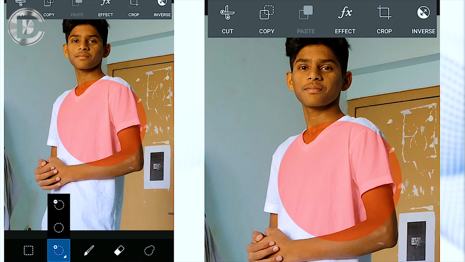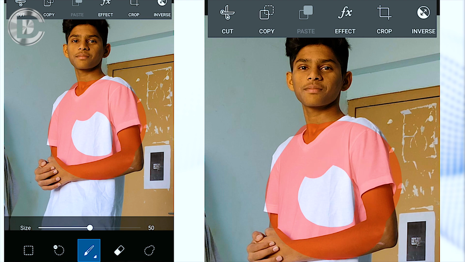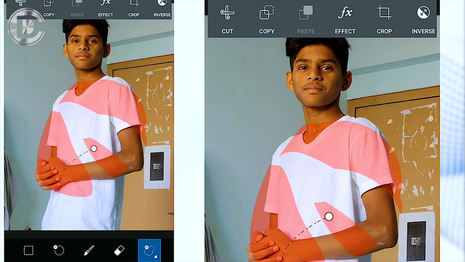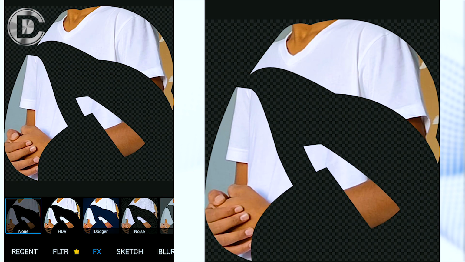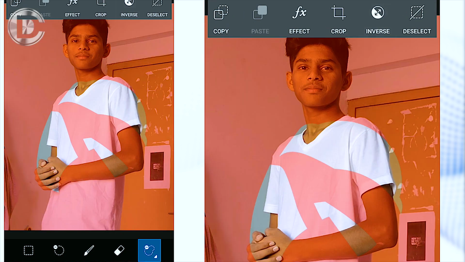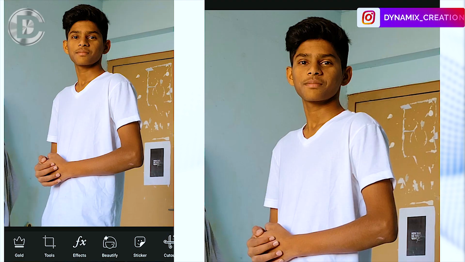Next up is selection. In this you have some presets like square and round selection. Next to circle, it's brush for selecting freely and then eraser for erasing and refixing the selection. By selecting any section from the image, you can cut, copy and paste the selection. You can also add some effects on it or simply crop and invert the selection. And if in any situation you change your mind, there is a deselect option also available in the above panel. This feature is really helpful in creating a social media or advertising post.